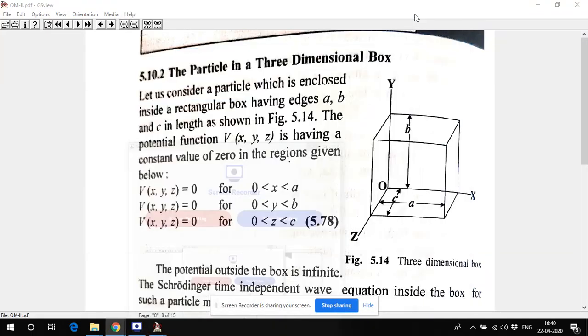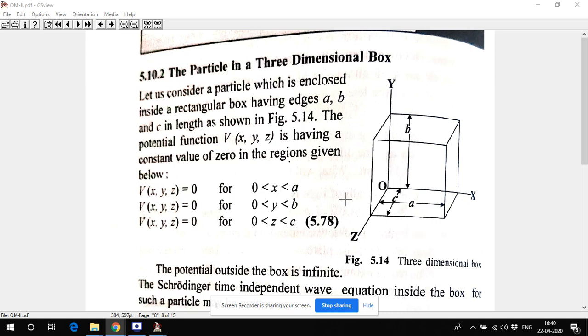Hello students. So we have discussed the particle in one dimensional box. Now in this lecture we can go through quickly what things we have to do if a question comes for a particle in a three-dimensional box, and I will take some numericals here in this particular lecture. It is very similar to the derivation we have done for the particle in a one dimensional box. So we can do the same things for the three-dimensional box.